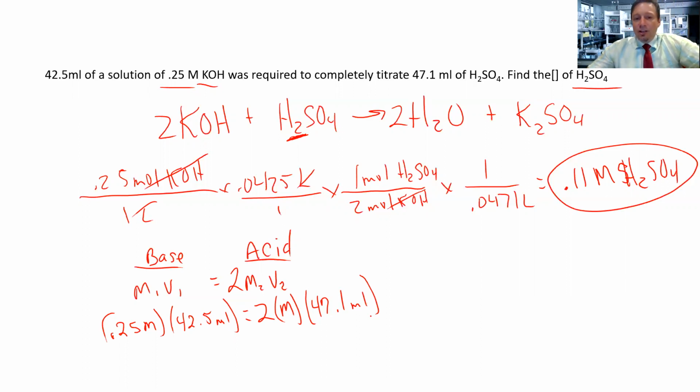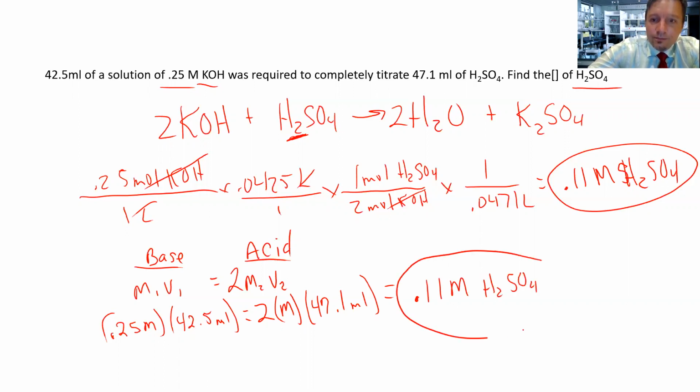All right, so now if I take this and plug this into the calculator, 0.25 times 42.5, I should come out to the same thing, equals 0.11 molar